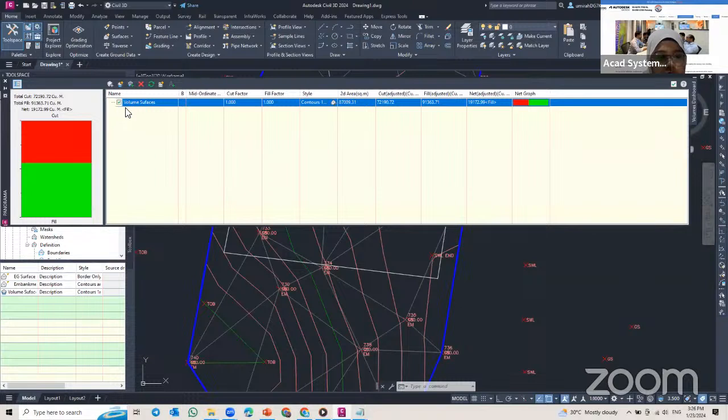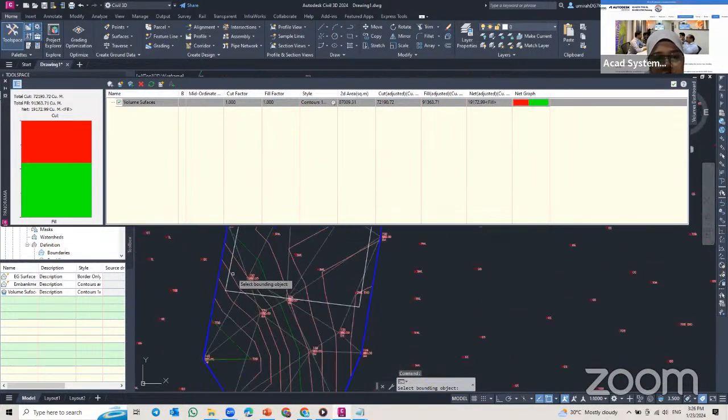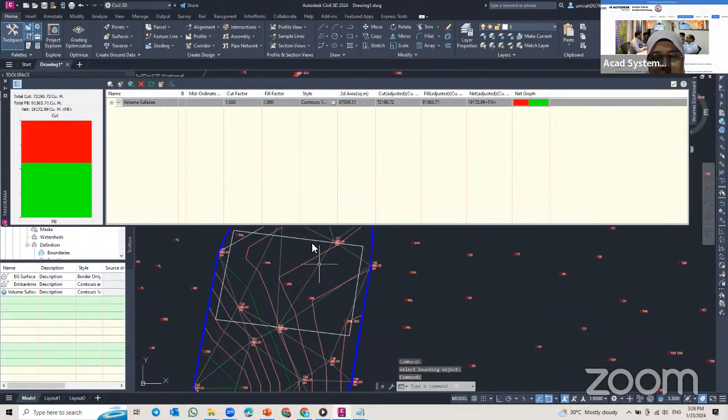So just click on the volume surface, okay? And then you can see this add boundaries volume will be activated. So you click on that one, then you can click on the polyline. Okay, this is example. I have this kind of area. So if you have already created your area using polyline, using line, you can also do that. So make sure it's a closed loop